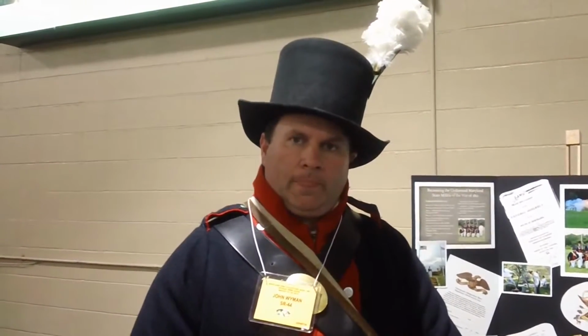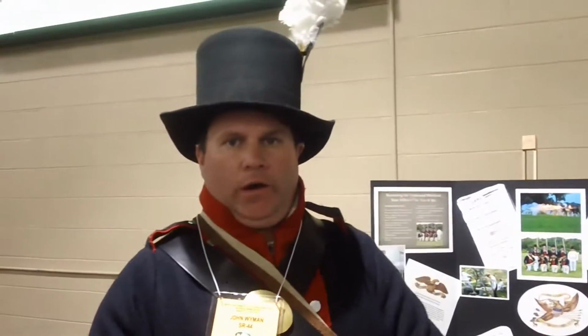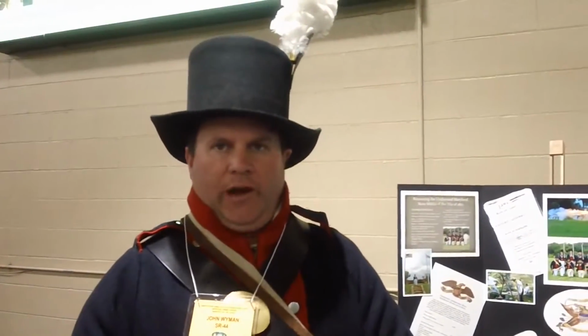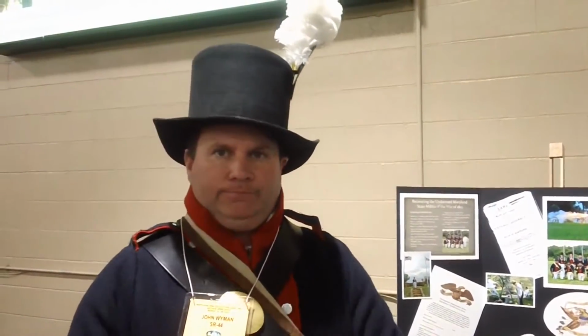Now, do you supply the uniforms and the muskets for people to come out and use in the group? Yeah, we have 15 sets of uniforms and stands of arms. So if a person joins and they don't have anything, we can provide them with those items, provided that obviously there's sizes and hopefully things fit. We have a variety of sizes, and basically just join us, and then you get your training through us. We have a Maryland certified black powder safety officer who goes through the training, which doesn't take long, and then